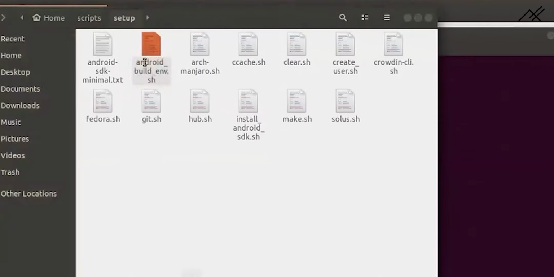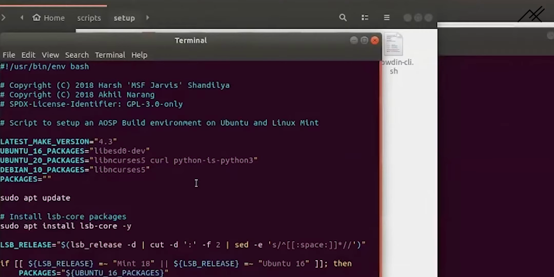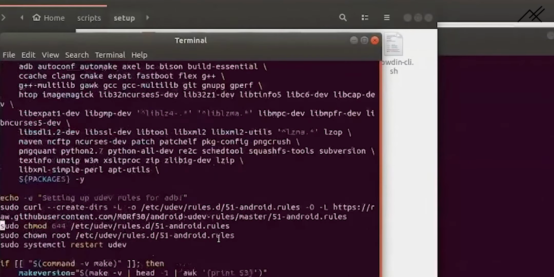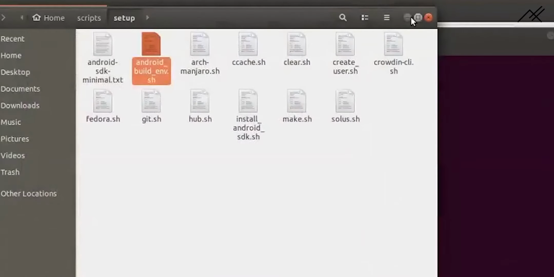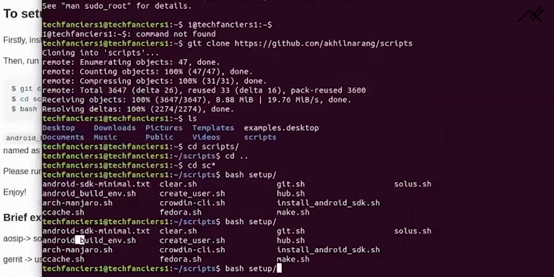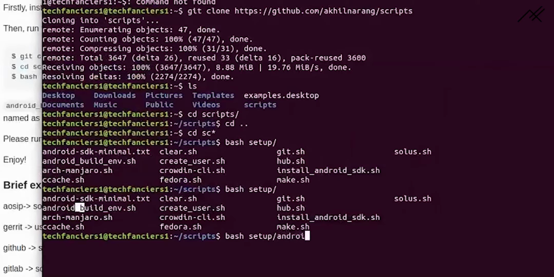So we are going to run the script. Here it is just having some variables and running all the commands which we need to provide. To run this one, I am typing android hyphen SDK. There is no file after that called SDK.